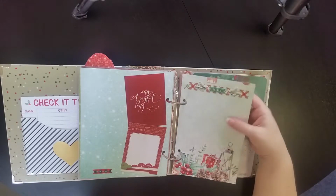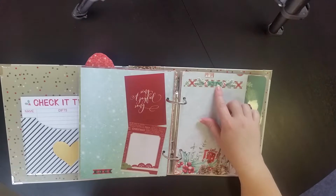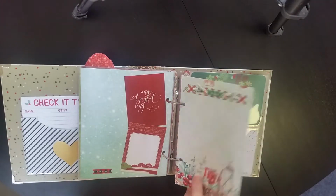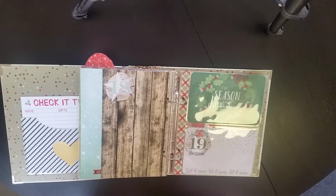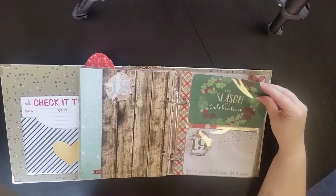The next page here is more journaling or photo spot. It just says fa la la la. I use some washi and some stickers. And then on the back is where it says number 18, so I can put photos and stuff there as well. Moving on to number 19, this is a